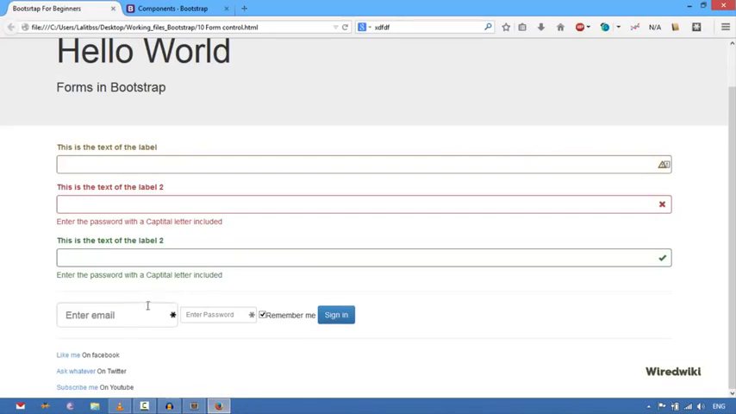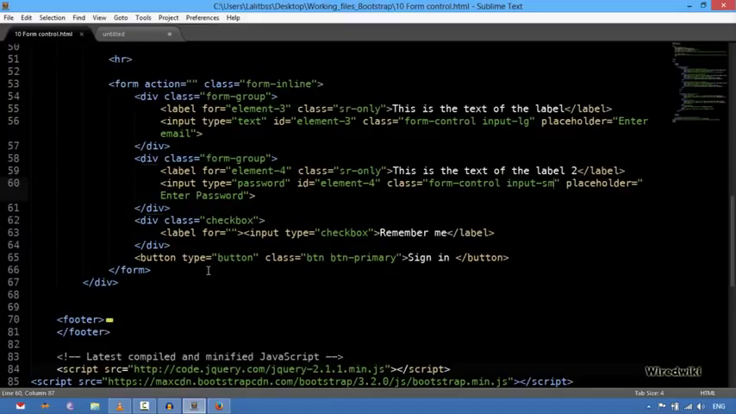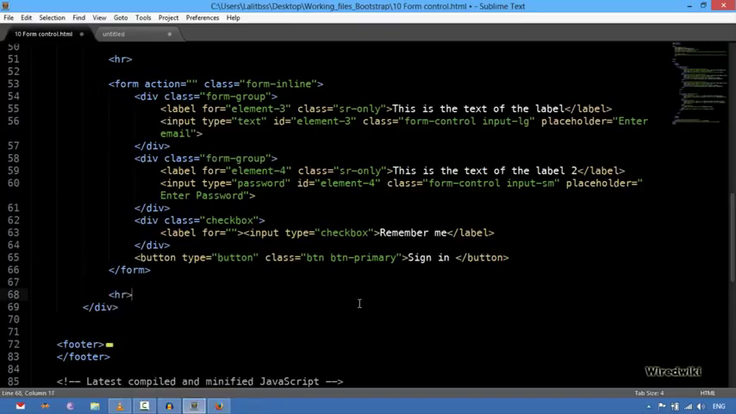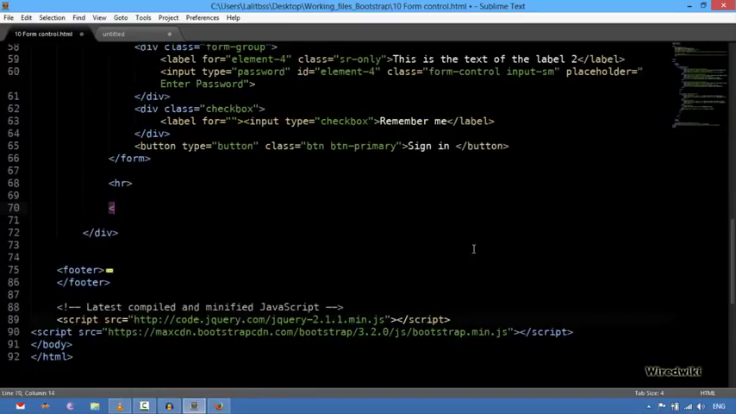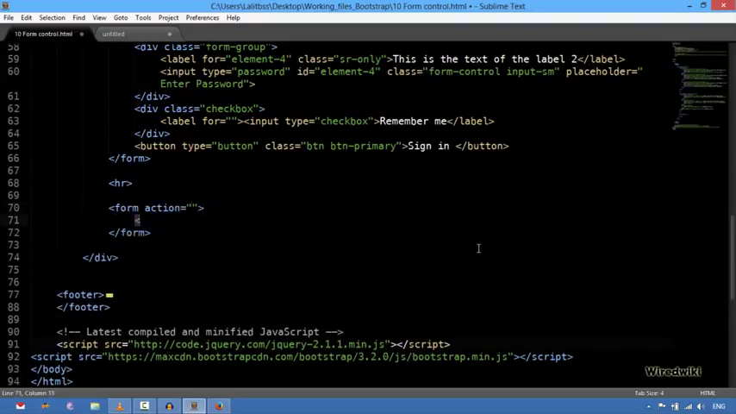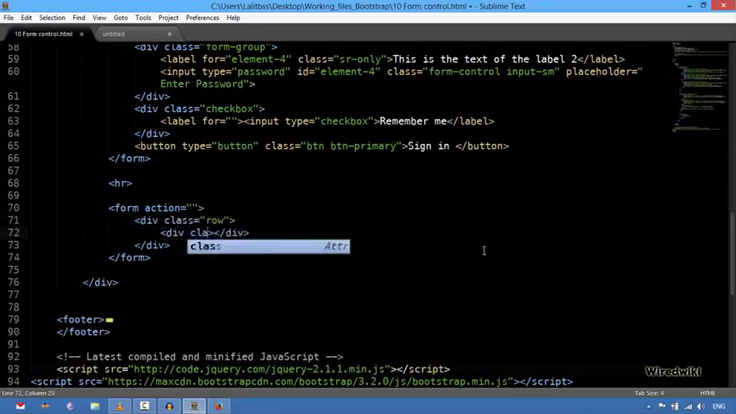We can also control the wideness of these inputs, these labels. For example, I'm going to create another form. So after the button, I'm going to add another break, and I'm going to create a form action. And inside this, I'm going to create a div with a class of row, div with a class of, let's say, column LG, let's say 2,